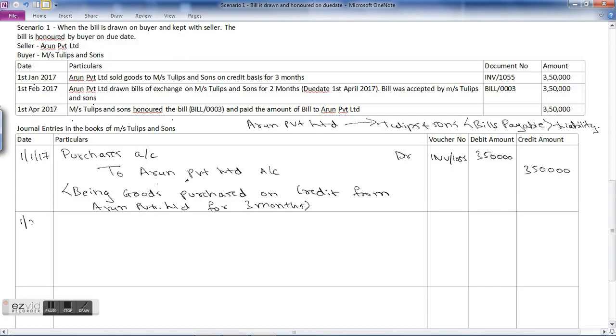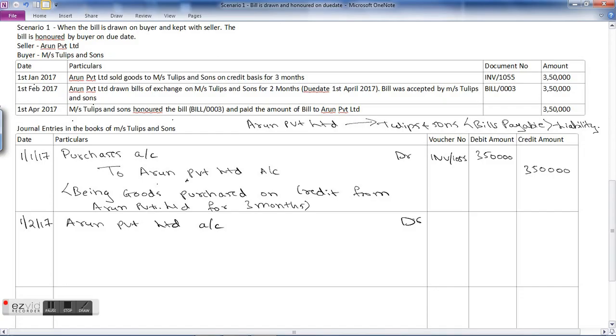So in the books of Tulips and Sons, what has happened is Arun Private Limited has drawn the bill, it has accepted. So for Tulips and Sons, there is a creation of liability, that is bills payable. But at the same time the balance in Arun Private Limited will get reduced. So one liability, that is creditors account, has reduced, and there is a creation of one more liability, that is bills payable account. So since there is a reduction in one liability, the entry will be Arun Private Limited account